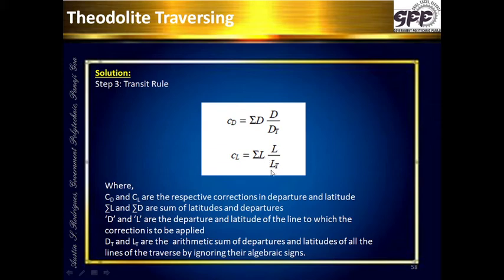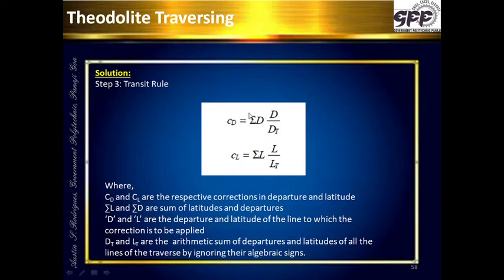Please note one thing over here, that Bowditch's rule is applied when the angle measurements are not precisely done. That may be inferior as compared to the length measurements. But normally whenever the angular measurement is done with a theodolite, a precision instrument, we are doing the things with more accuracy, then the correction is done by using the transit rule. So let us go further.